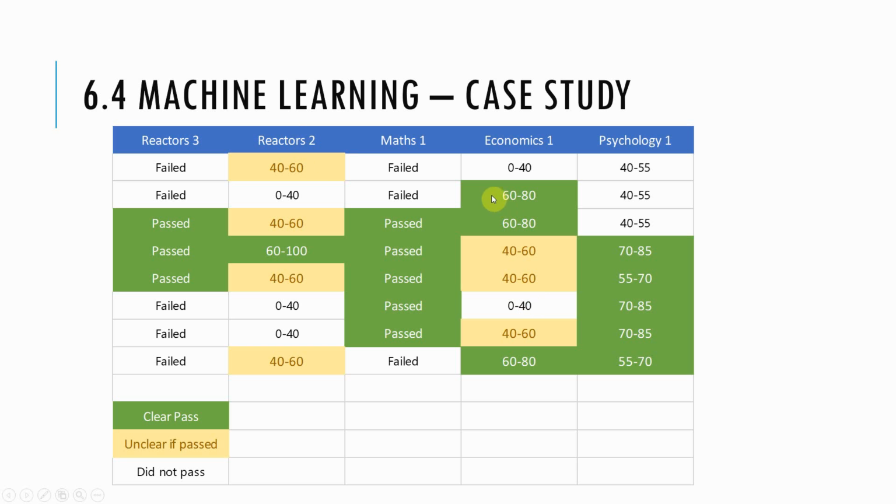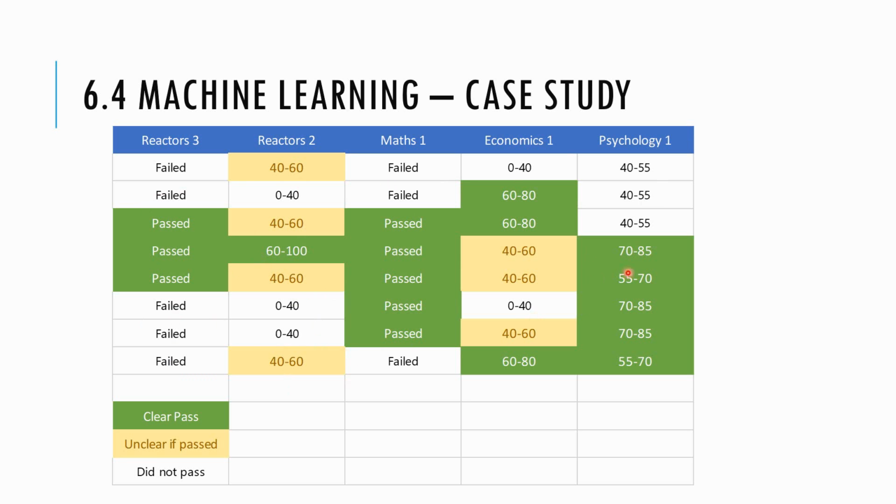And once we have that, we have then some kind of nominal target set. So we get some sense for what courses should affect what other courses. So for instance, here's a data set where we are trying to predict the result in Reactors 3. So we are trying to predict whether a student will pass or fail this course. And we are doing that by comparing with the results in Reactors 2, Maths, Economics, Psychology, and so on. And so this data set was selected to test out the algorithm, and the values are chosen, so it's deliberately difficult to fit this. So this mixture of passes and fails doesn't correlate easily to any other mixture of passes